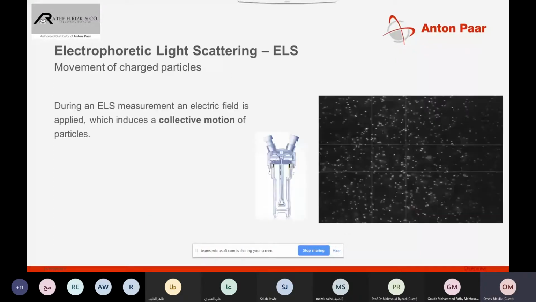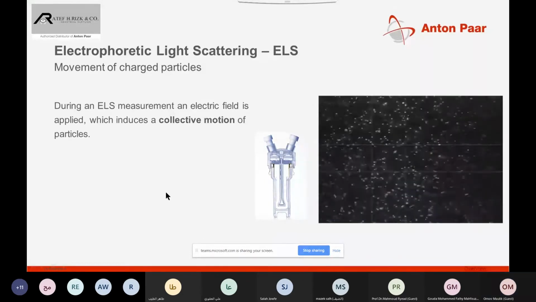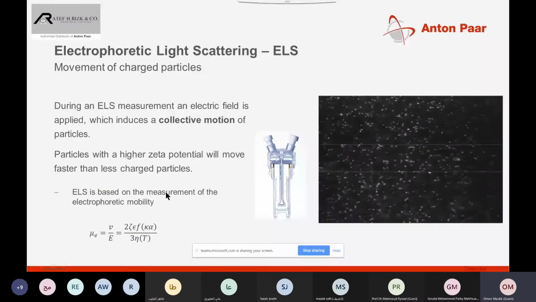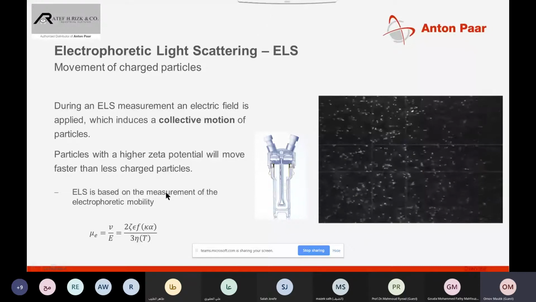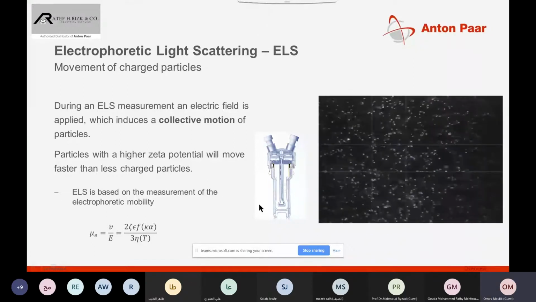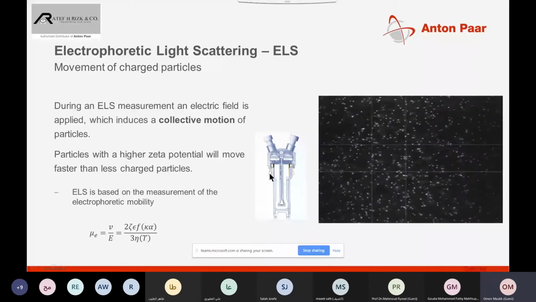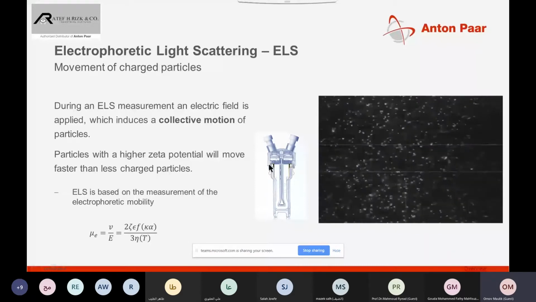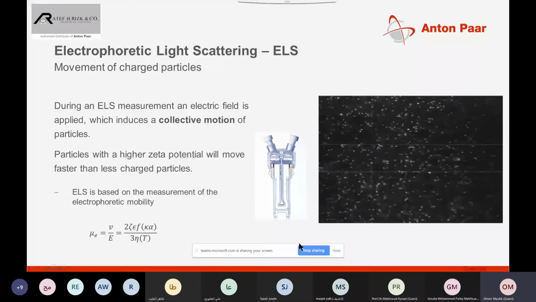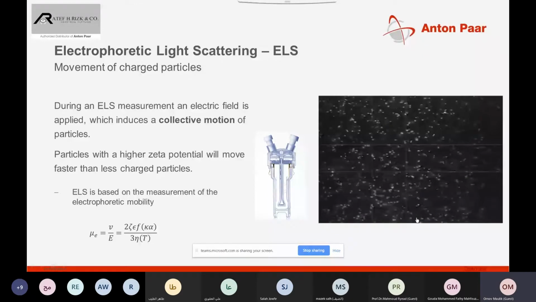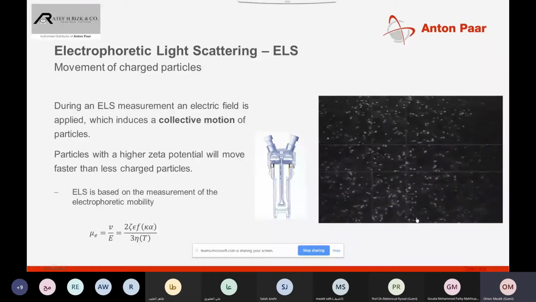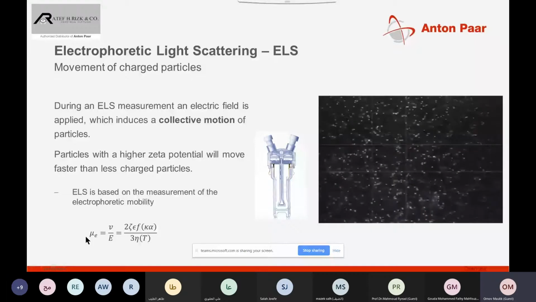So when we talk about electrophoretic light scattering, here we are also measuring the speed, but in this case, we are applying some sort of electric field on these electrodes. So you can see this omega cuvette, and you can see these brown copper electrodes. We apply some electric field on these electrodes, and based on the switching electric fields, the particle moves. The movement of this particle is captured by the scattered light. Now from that scattered light, we are basically measuring the electrophoretic mobility given by mu E.